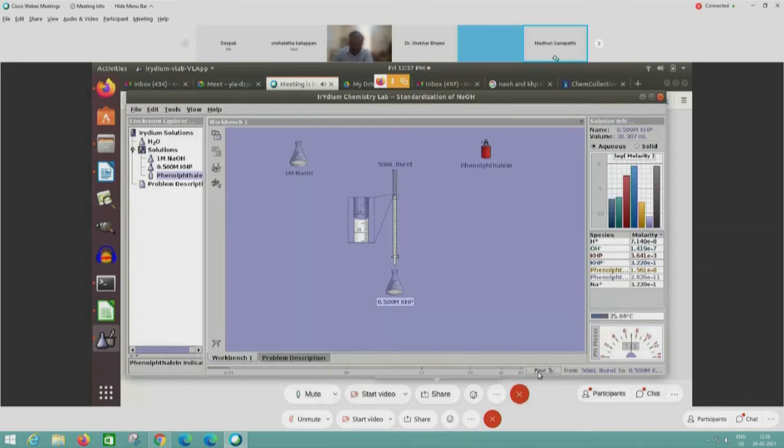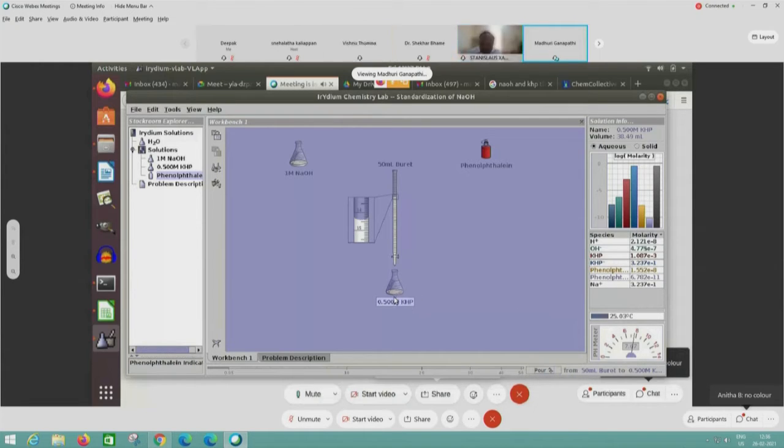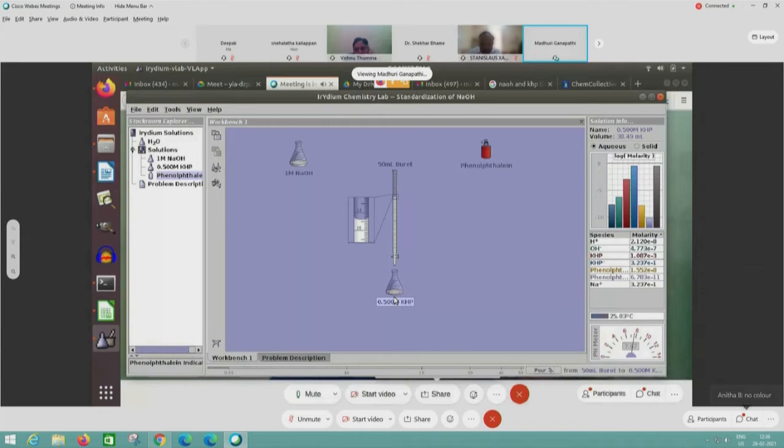No, ma'am, there is no color. No color, ma'am. Yeah, I think it is seen actually. The color is already seen and you can see the pH change. Madam, generally we can see the color of phenolphthalein after pH 8, ma'am. But then it is already 7 anyway.